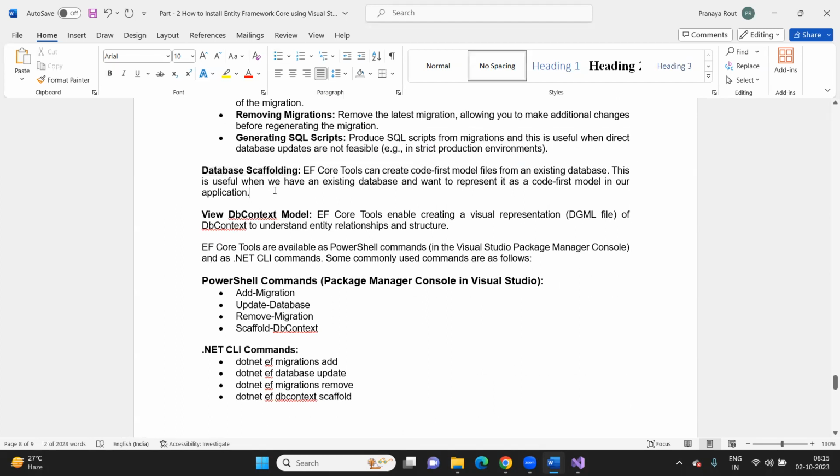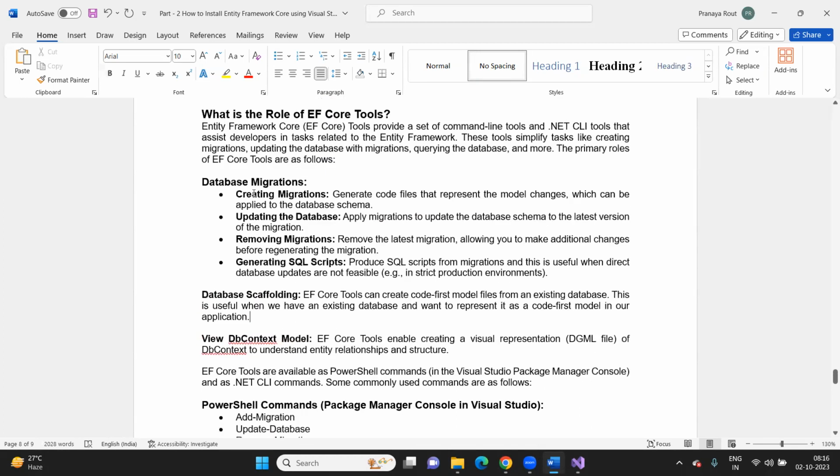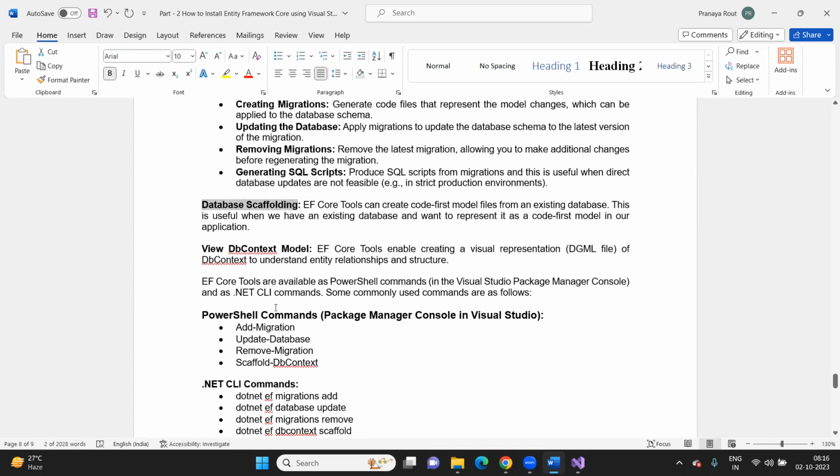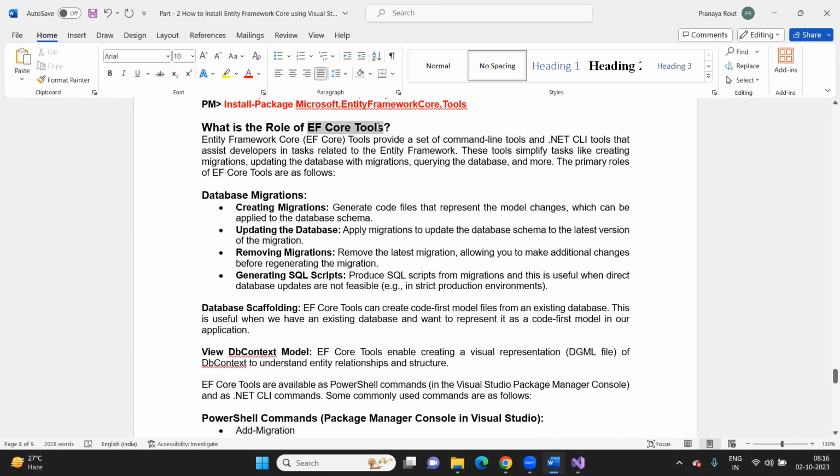Database scaffolding, right? These EF Core tools, what does it mean? If you want to create the model classes from the existing database, you want to use something called database scaffolding. And for database scaffolding, again, you need this tool because this command is going to be executed on the .NET Core CLI or using the Package Manager console. View DbContext model, right? So if you want to visualize the graphical representation of your entity and relationship, then you can use something called view DbContext model. And that is possible only if you are installing these EF Core tools,